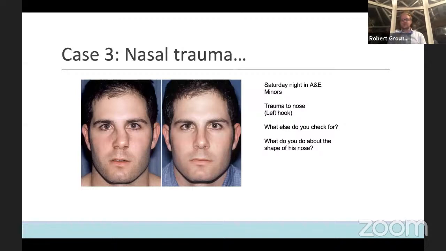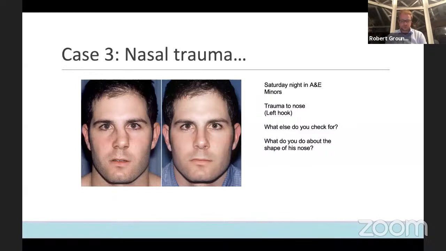So, brief mental pause, that takes us on to a different case. So here we are, case 3, Saturday night, kind of classic. I'm sure many of you have come across this situation, seeing someone who's taken that left hook and then they show you a photo on their phone now, and it used to look lovely, and now they can't work for L'Oreal anymore or whatever it is that they do. And there's 2 bits really. I think the first is the urgent check that we often tend to forget, and the second is the bit that actually we can manage